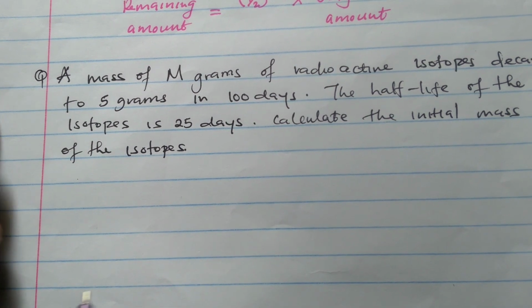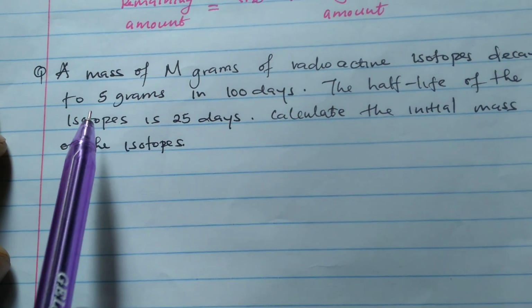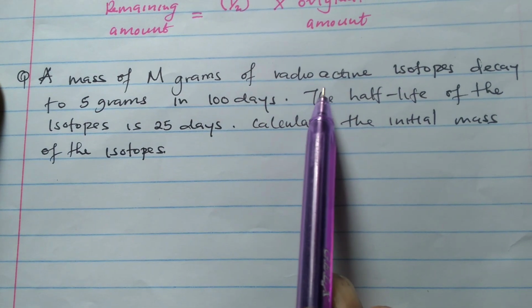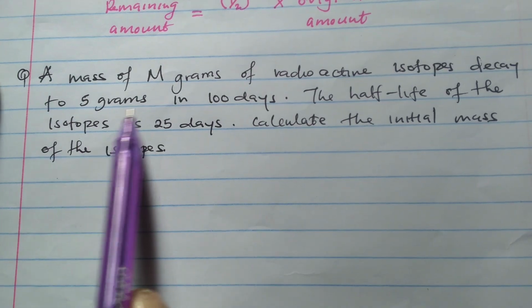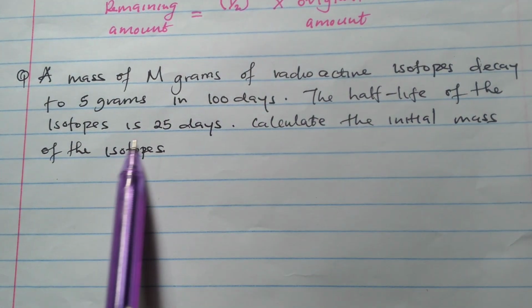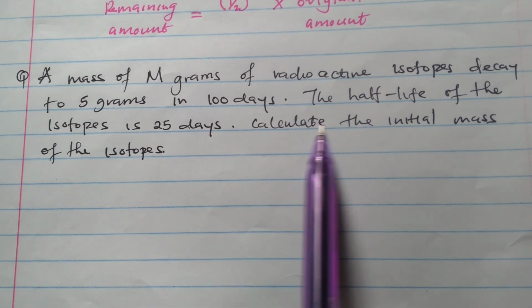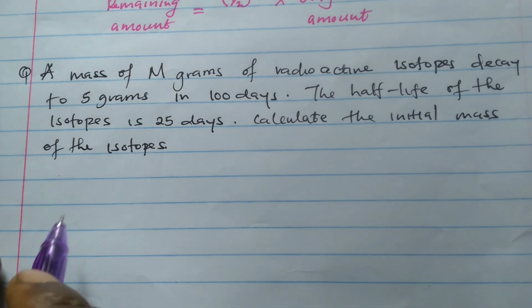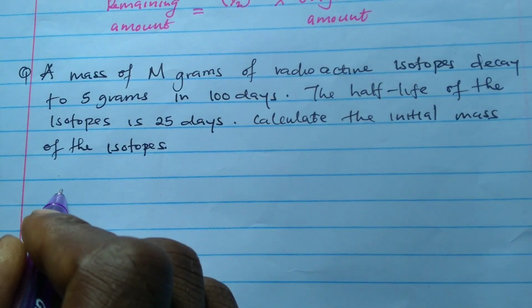So in this case, we're going to apply the formula. The question says that a mass of m grams of a radioactive isotope decays to 5 grams in 100 days. The half-life of the isotope is 25 days. Calculate the initial mass of the isotope. Okay, so I'm going to write the formula here: the remaining